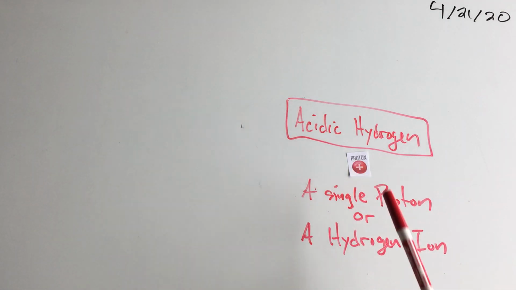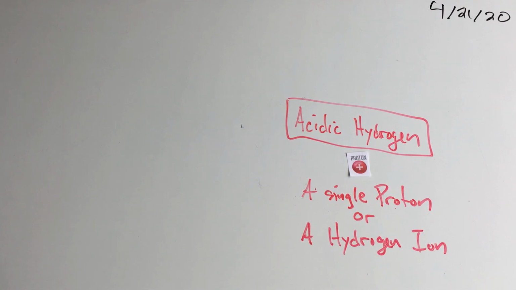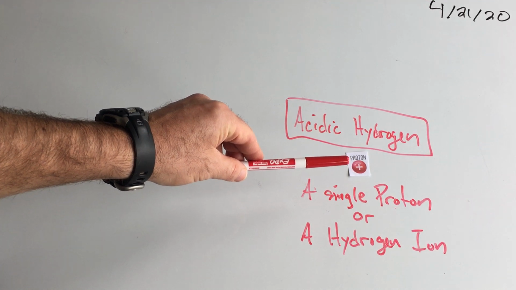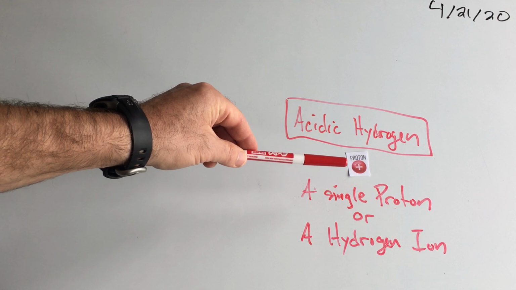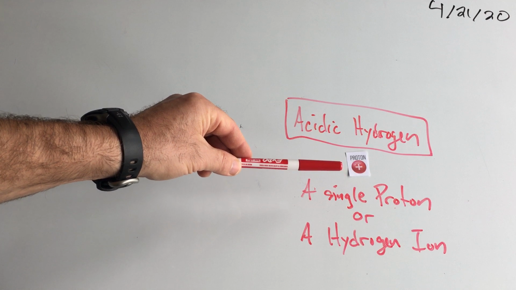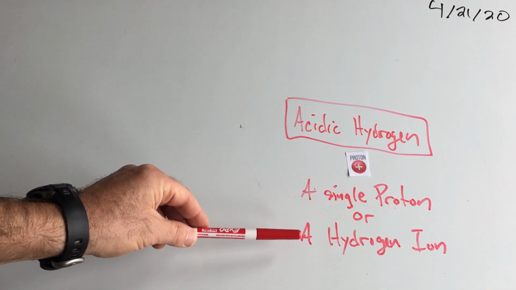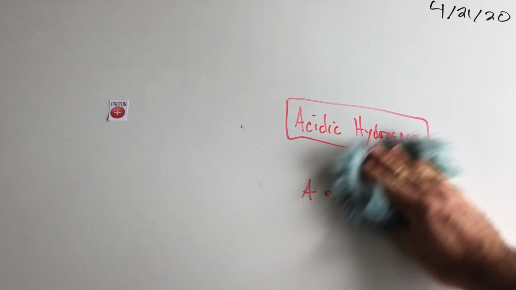A single proton out in the world I could call a single proton. Not very imaginative, but very descriptive. I could also say, hey, single proton, I could attach you to water. So you could also be called an acidic hydrogen. Or, hey, proton, if you only have one proton, that makes you a hydrogen atom because every atom with one proton is a hydrogen atom. But you have a charge, so you're a hydrogen ion. So literally, a single proton has 3 different names in chemistry.